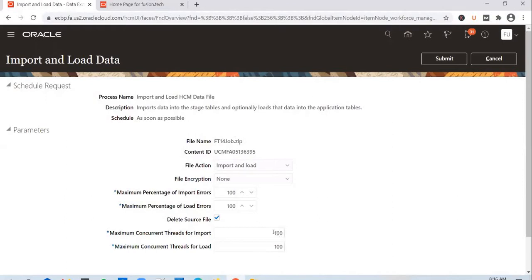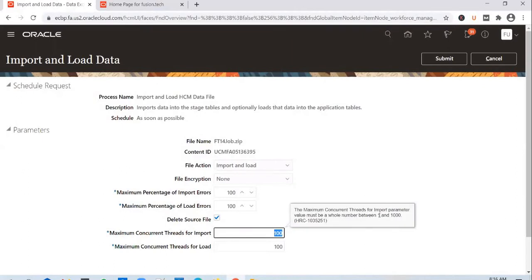Okay, so that's how it works. And since any number is allowed between 1 and 1000, you should refrain from using a much higher number. So don't try to use something like 500 or 1000, because if you use a number as high as 1000 or 500, what will happen is it will hijack all the resources available in the instance, and the other jobs that are running in the instance might go on hold, or you might see a severe performance lag in the application.